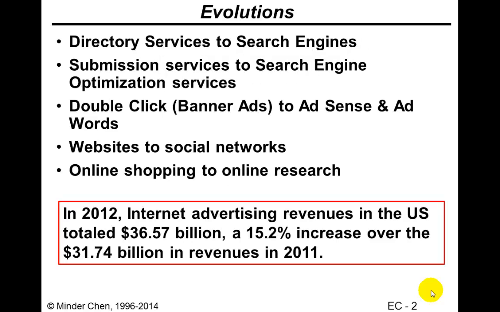And there's a lot of change in the space of internet marketing. We started with Yahoo using directory service, and eventually more and more people are using Google or Bing from Microsoft, which actually has only a small percentage of search engine market to find the information that we wanted. The directory service basically, Yahoo kind of created a hierarchy of taxonomy to classify different areas of interest people may have.